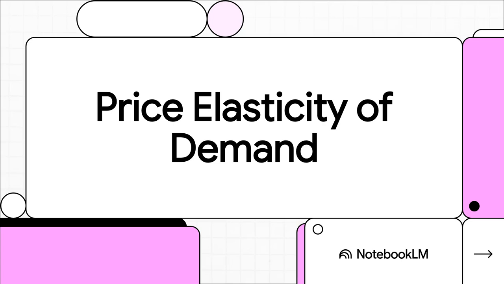Welcome! Today we are diving into a fundamental economic idea that, honestly, controls the price of just about everything you buy, from your coffee in the morning to giant multi-million-dollar business deals. It's called price elasticity of demand, and let me tell you, understanding it is basically a financial superpower.